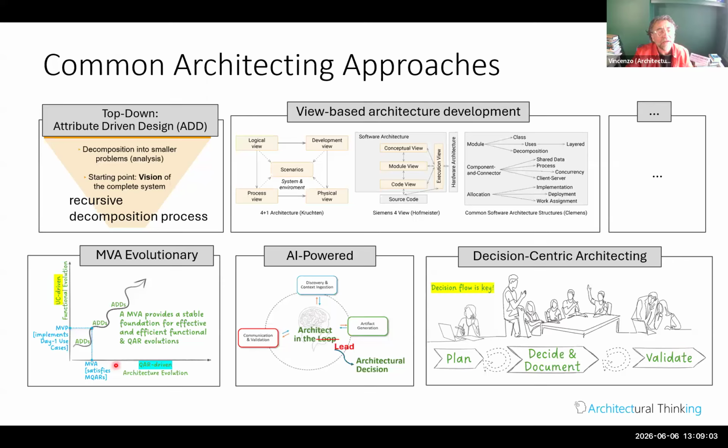And evolutionary can't really be described even briefly in a couple of minutes, but it's one of those that we also cover in the training course. So there are many approaches to architecting, and you need to pick and choose. And in the course, we go through many of them. You can think of it as a toolkit that you open and pick the right tool when you need to define some specific aspects of the architecture.